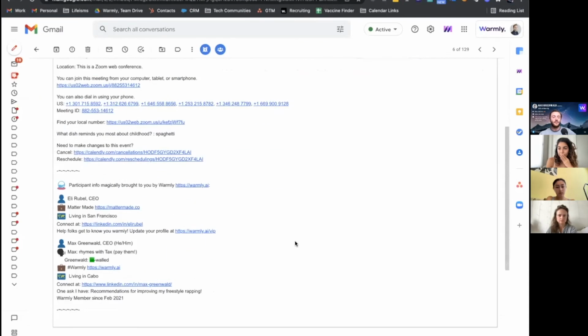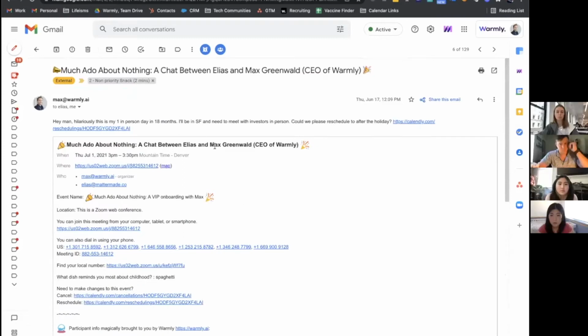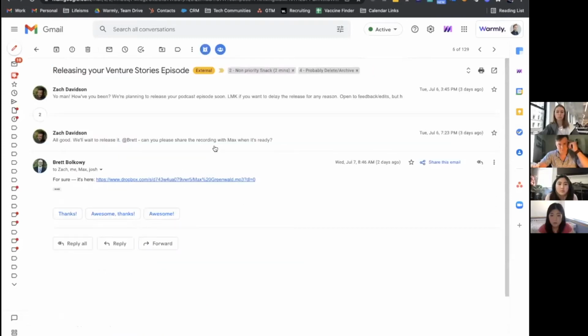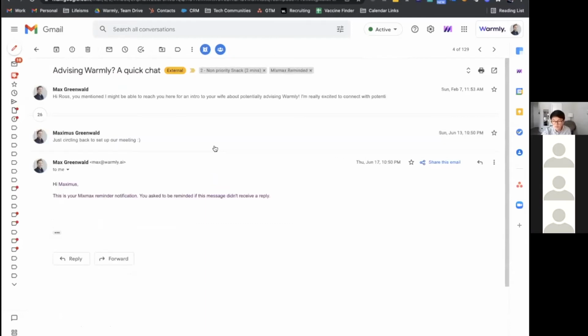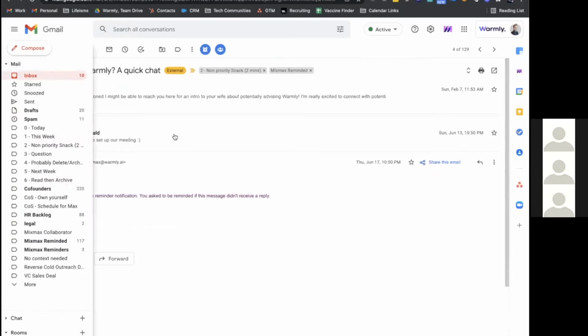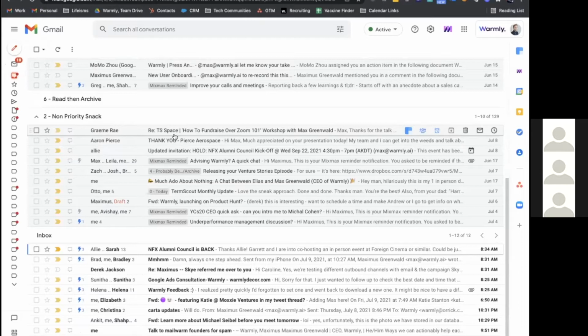What happens when I reply to this email or when I do something with it, it auto advances to my next email. And then if I respond to this email, it auto advances to my next one. It keeps me embedded inside of the email flow. So I never have to leave the flow of solve this email, then this email. If you answer an email and then it pops you back up to the high level every time, and then you have to click in again, you can save a lot of time that way.